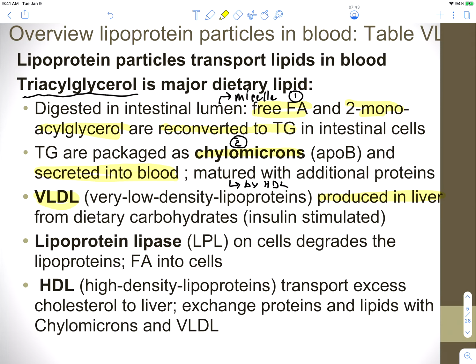Another important molecule with respect to the metabolism of fats is lipoprotein lipase. Lipoprotein lipase is an enzyme that degrades the lipoproteins into free fatty acids. Lipoprotein lipase is never associated with the actual lipoprotein particles. What I mean is that very low-density lipoproteins do not have lipoprotein lipase. High-density lipoproteins do not have lipoprotein lipase. Lipoprotein lipase is associated with